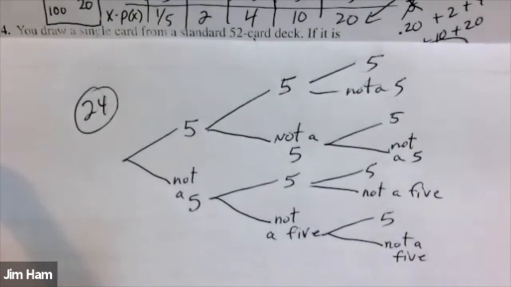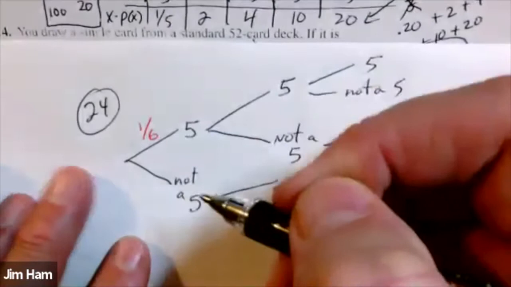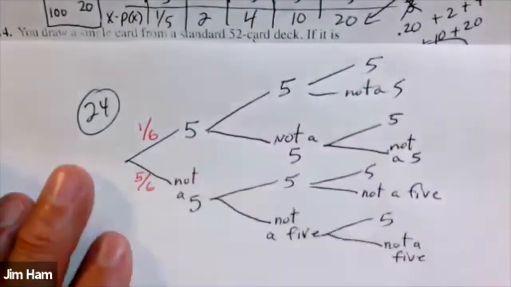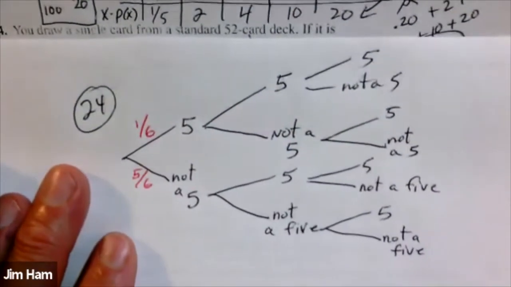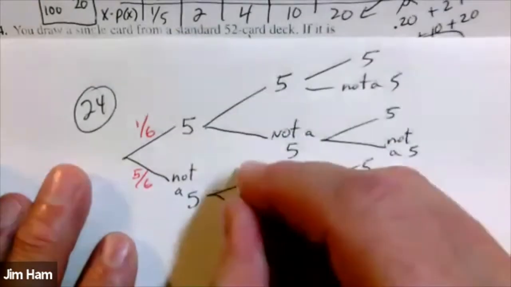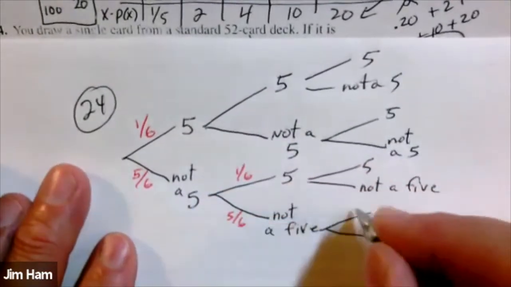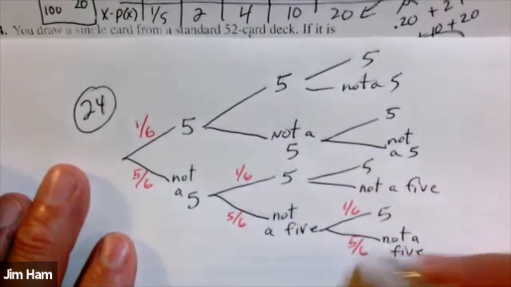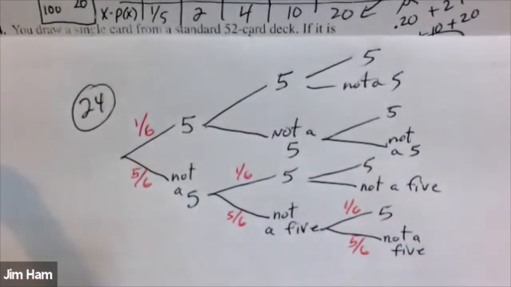And if you roll the die one time and then you roll it again, knowledge of what you got the first time does not impact the roll of the die the second time. It does not change the probability of getting a 5 on the second roll. So these events are independent. So the probability of getting a 5 every time is 1/6, and the probability of getting something else is 5/6. And that's going to be consistent throughout. And I'm not even going to write it, but if I did, I would have 1/6 and 5/6 on every other pair of branching. But I'm going to stop here because